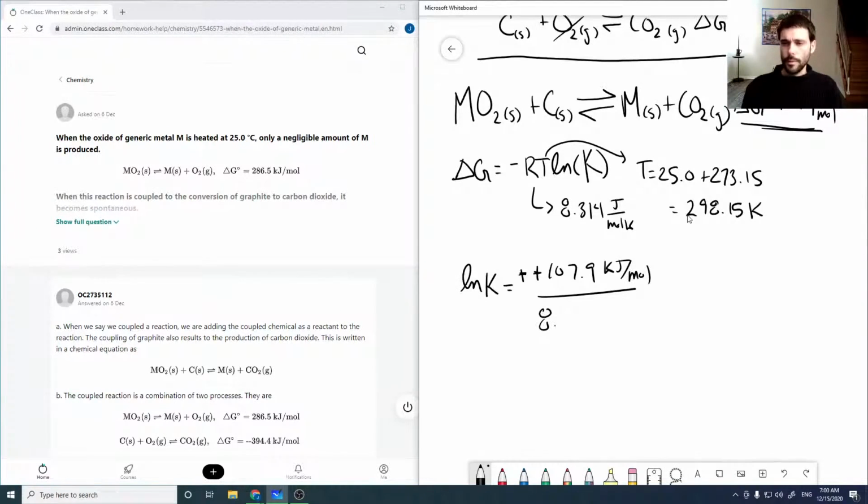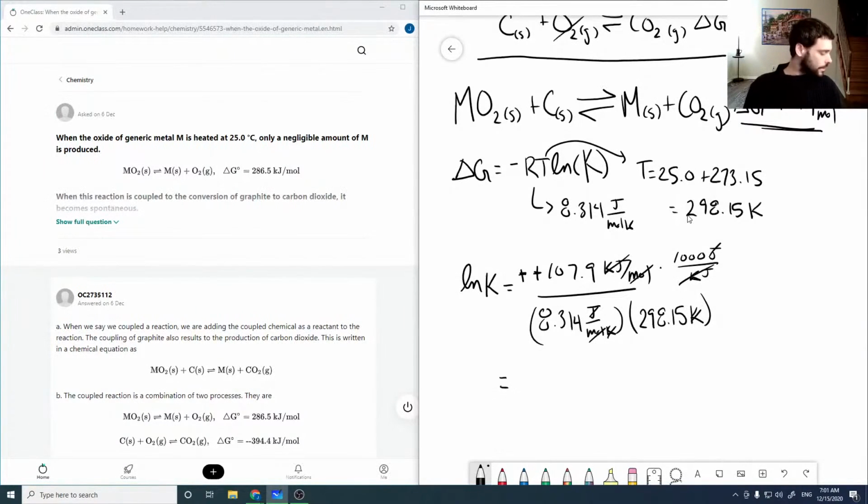Over RT, so 8.314 joules per mole Kelvin times our temperature, which is 298.15. That's in kilojoules there, so we need to multiply the top by 1,000 joules per kilojoule. So the kilojoule will cancel, the moles will cancel, the kelvins will cancel, and the joules will cancel. So it'll be unitless, which is good. So this value on the side comes out to be, when we run it through our calculator, 43.53,